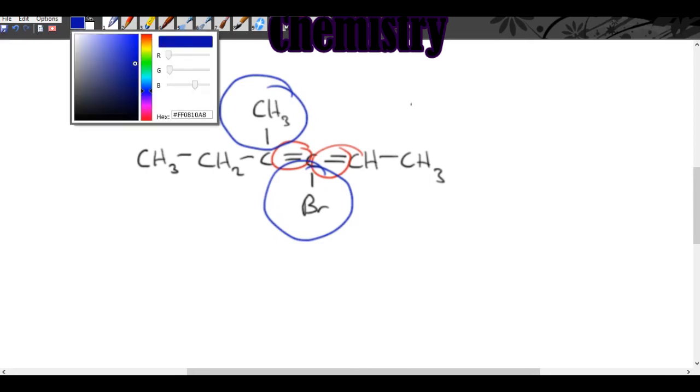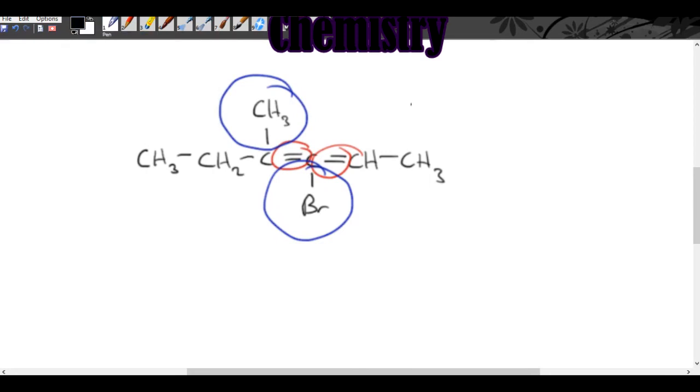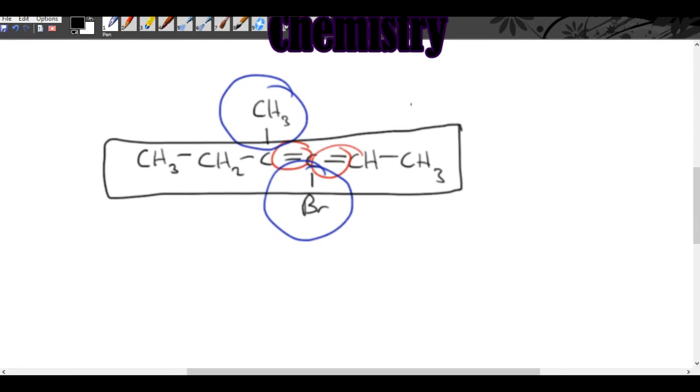To name this compound, let's start off with figuring out which is the longest chain. In this case, this entire length here is our longest chain of carbons, and we can start numbering from here. 1, 2, 3, 4,